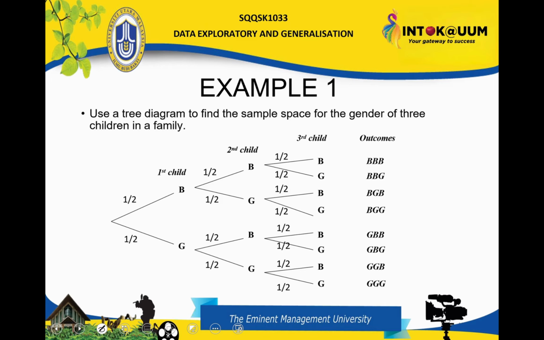Imagine a family with 3 children. Each child could be a boy or a girl. Using a tree diagram, we can visualize every possible outcome. We may have 3 boys, 2 boys and 1 girl, 2 girls and 1 boy, or even 3 girls. So each branch represents one child's possible gender, and each path from start to end shows